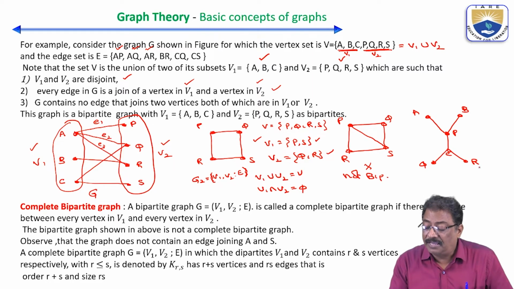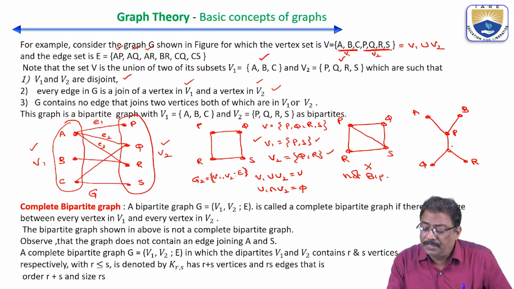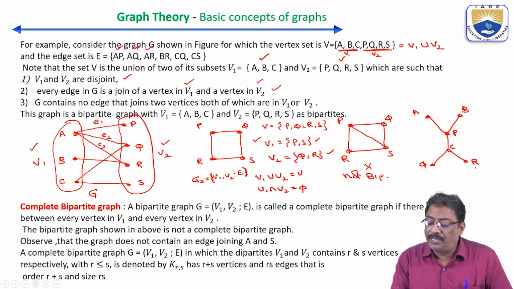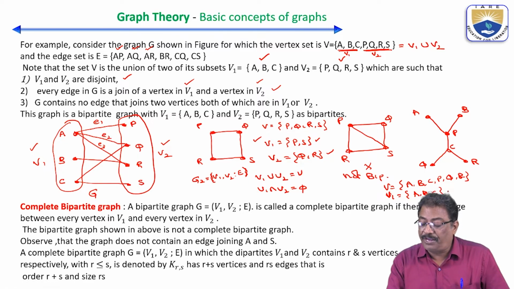If I am going to consider in this order, then A, B, C and P, Q, R. So here the vertex set is V equals A, B, C, P, Q, R. Then I am going to partition in this way: V1 as A, B, C and V2 as P, Q, R. In this way V is partitioned into two sets, and at